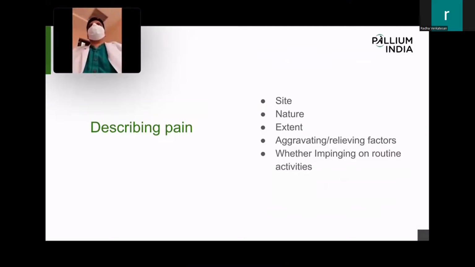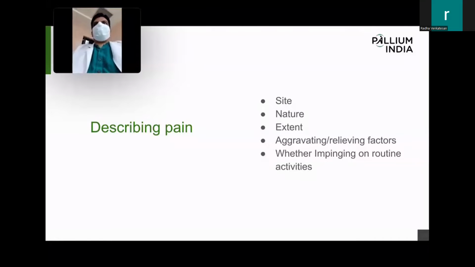Next, important: aggravating and relieving factors. Oh, when I do this, I feel better. Oh, I don't, whereas it is not so with something else. So they are also important to obtain from the history. And last, whether that pain is impinging on your daily routine, whether it's impinging on your sleep. So everything is essential. These elements we get from the history. It may sound simple, but by getting all the information, clinching the diagnosis will be definite and specific too.